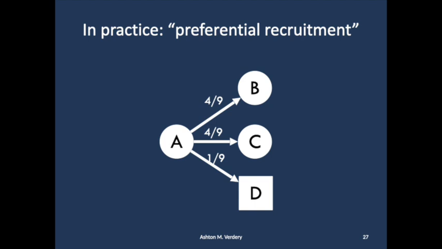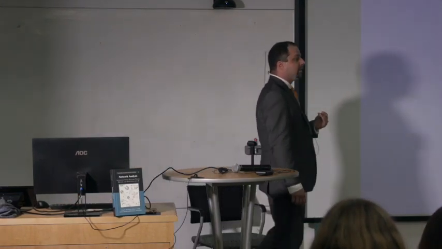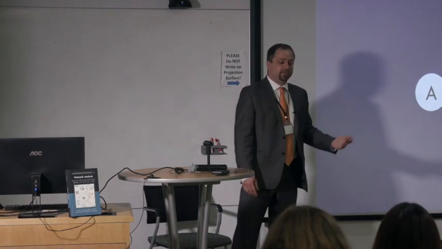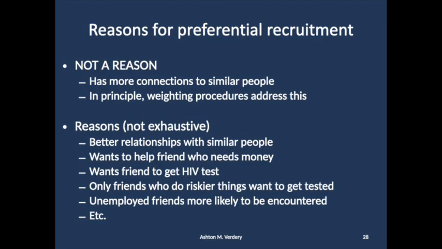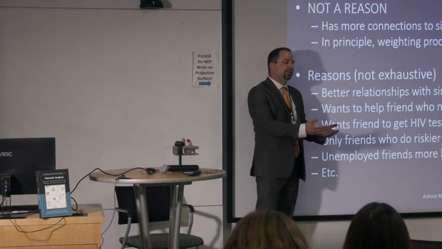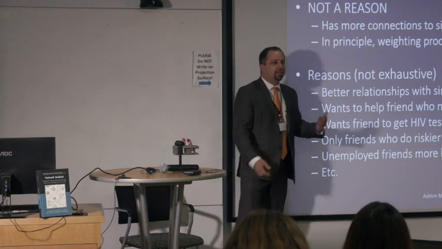The challenge, however, is that we often see preferential recruitment. It might be that people are more likely to recruit people who look like them or by other attributes. This could go in other ways as well. You could have the reverse situation where people might be more likely to recruit people who they think need to be in the survey to get an HIV test, for instance, which can lead to severe biases. So to wrap up, it's not that people have differential levels of connection. That's not a problem for preferential recruitment. The real problem is that individuals might choose to recruit within their set of connections preferentially based on some attribute that could bias the results.